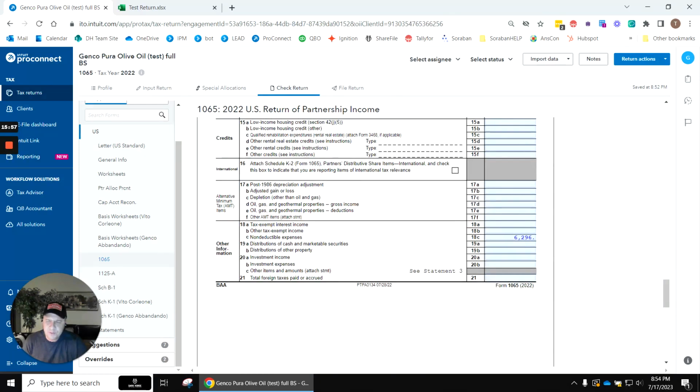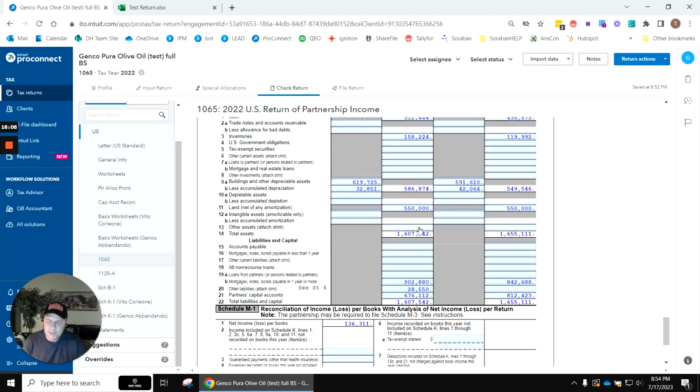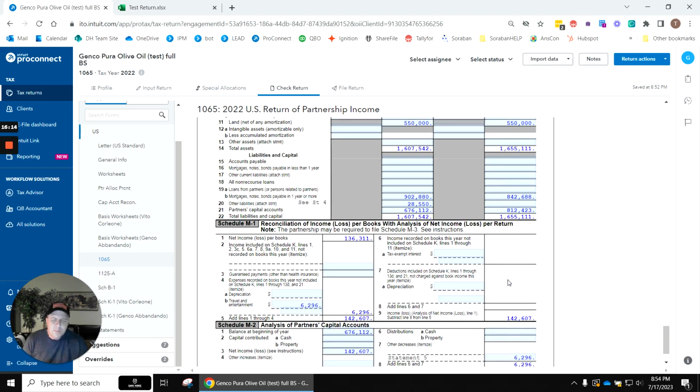On the partnership here, you would see the distributions anyway in 19A. Contributions would show up on M2 down here, and actually distributions will come up in M2 as well. So if you've nailed in that you have the contributions and distributions accounted for, or there aren't